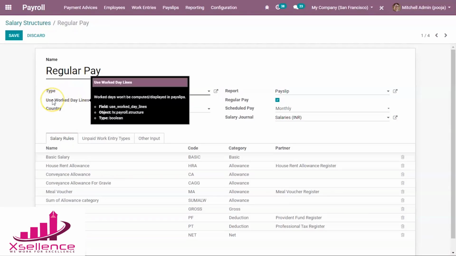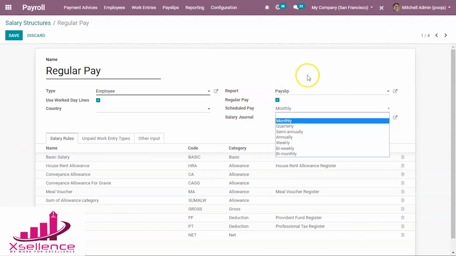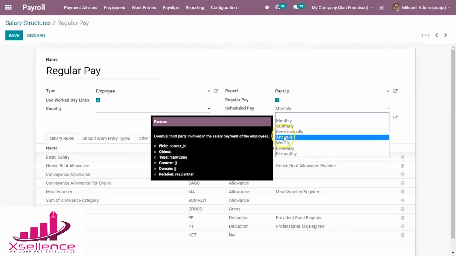Then it can use work entry, workday lines. These workdays won't be computed or displayed in this payslip. You can mention the country, and you can create a report and add it here. Then whether this salary structure is a regular pay or not. Then scheduled pay, that you have seen, whether weekly, annually.